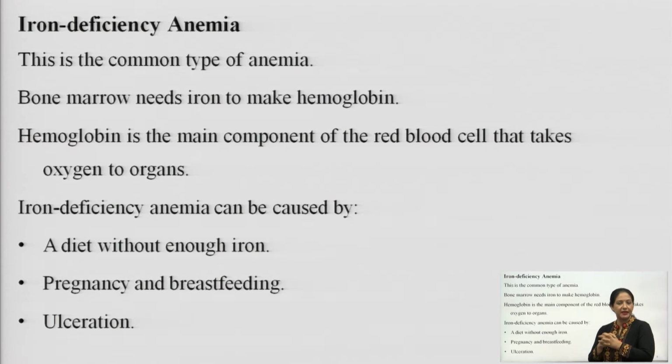So iron deficiency anemia can be caused by a low intake of iron in the diet, or pregnancy, or breastfeeding, or sometimes ulceration. Many times the doctor advises that we have to take iron supplements or iron-rich food elements, because this is the main component of your hemoglobin and it is required for the proper synthesis of RBC. That's why if iron deficiency occurs, then obviously it may cause anemia, especially in